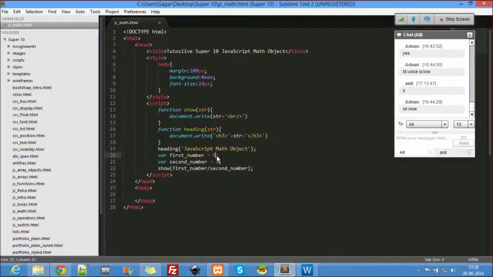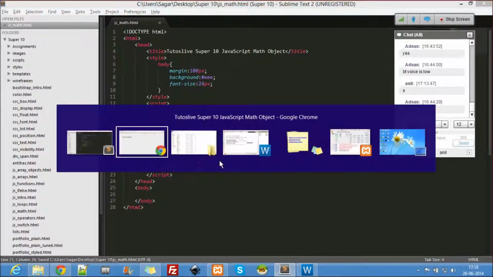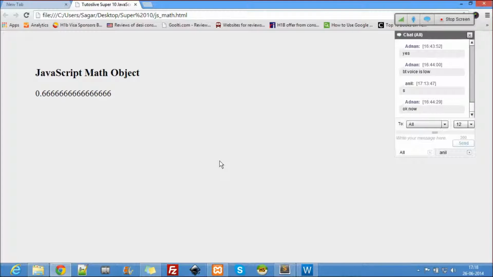So how about 4 by 6? Okay, if you see that, the total are here 3, 6, 9, 12, 15, 16. So it's a 16 decimal digit, which we really do not require.